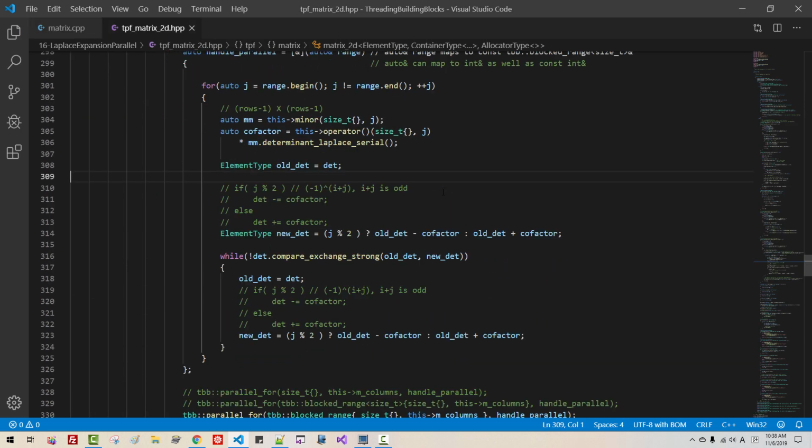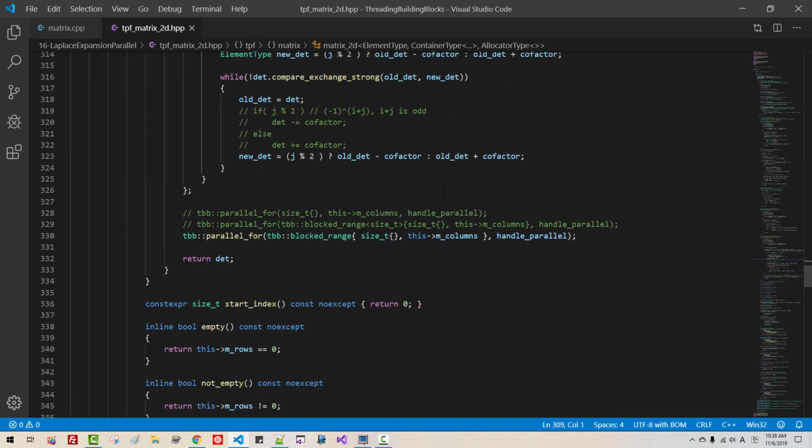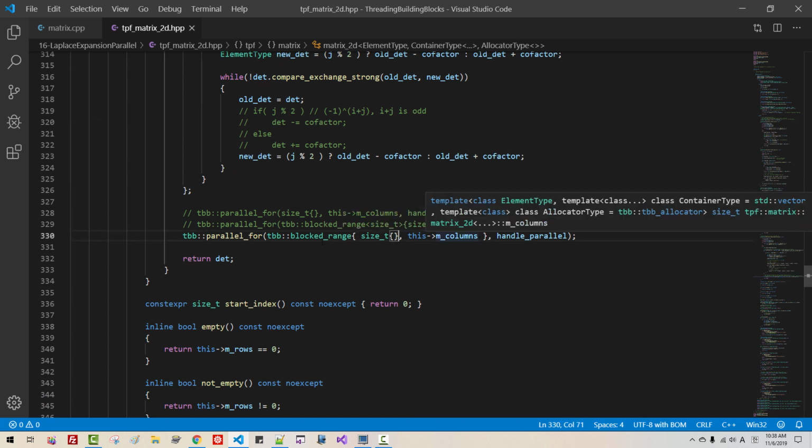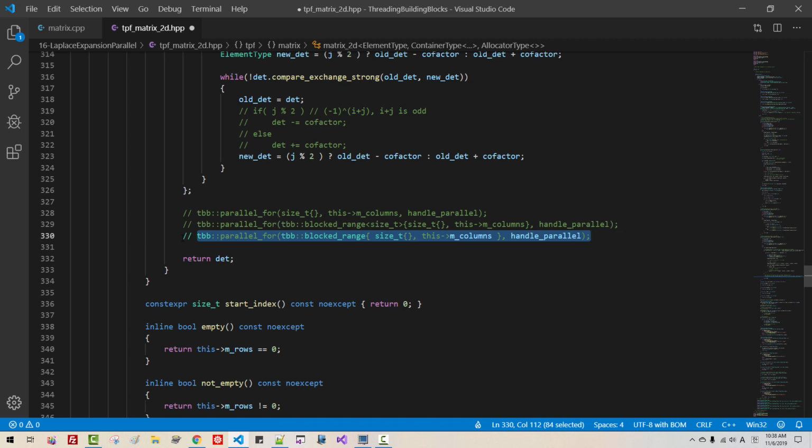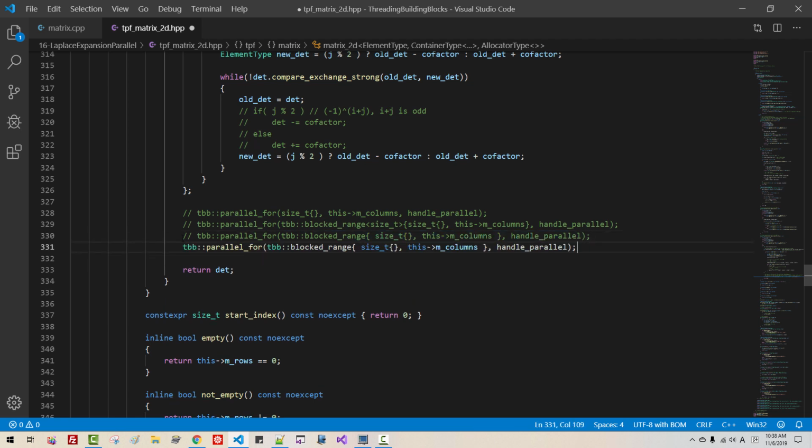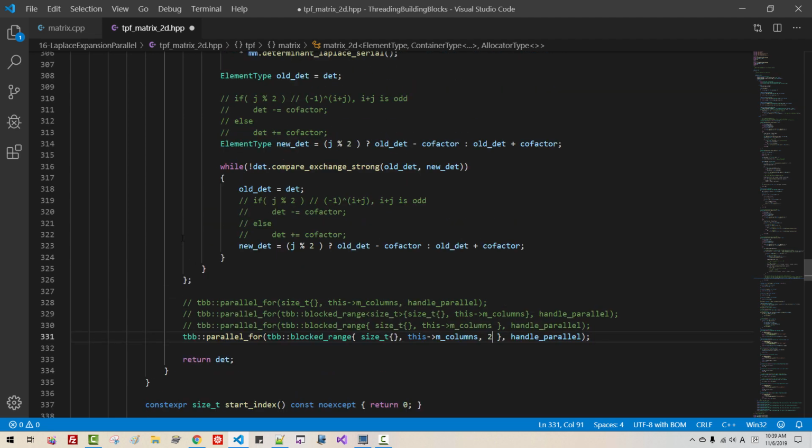I will introduce another thing called, I will copy once again, grain size. Okay, we use grain size 2. Then here